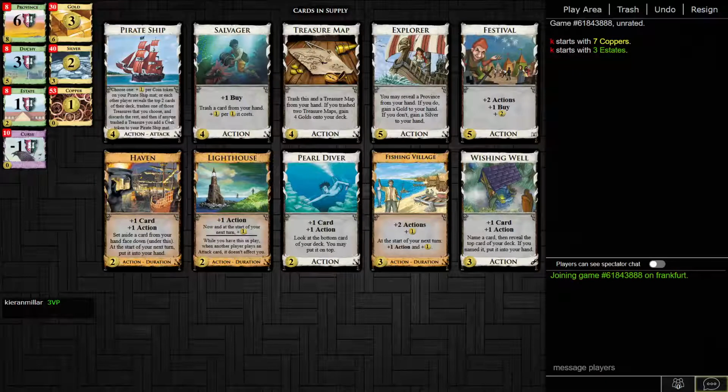I'd rather be attacked by the Pirate Ship. Explorer puts new treasures into your hand anyway, so you still actually get to use them before they're at risk of being Pirate Shipped away. So yeah, this is just like Explorer, big money, with maybe a few Wishing Wells thrown in and like a